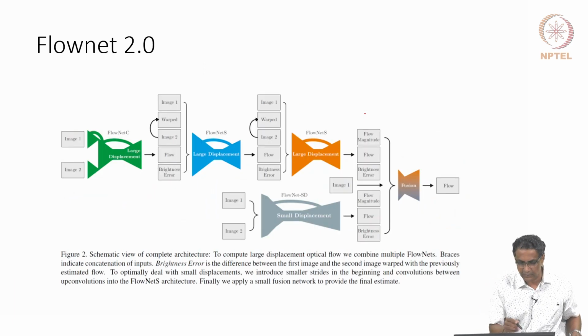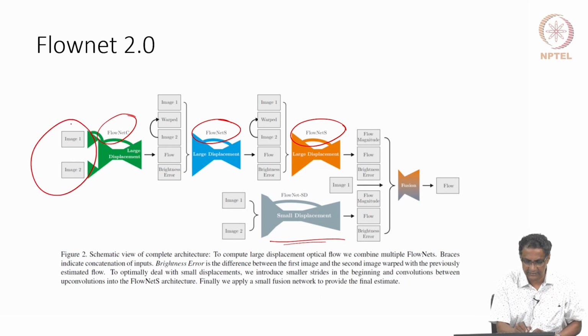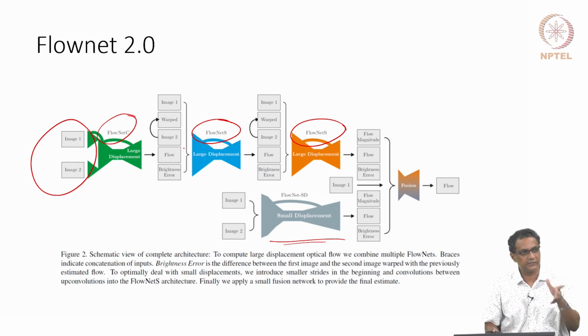Same line of thought, but now what you see is they have a FlowNet C followed by a FlowNet S followed by FlowNet S, and there is another network here which is meant for small shifts alone. So FlowNet C, as you know, takes two of them into independent arms. That's how it takes it. Whereas FlowNet S, we know that it takes a concatenated set of feature maps, except that it's modified a little